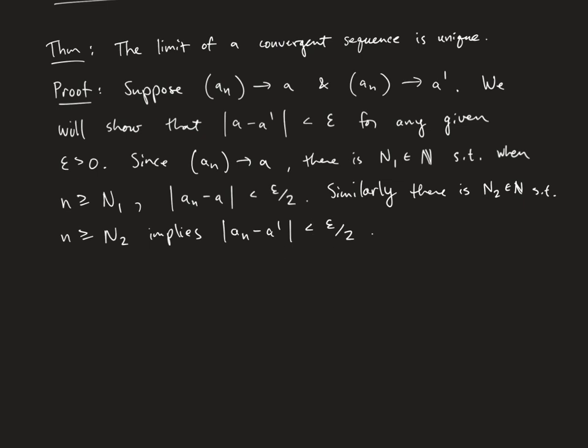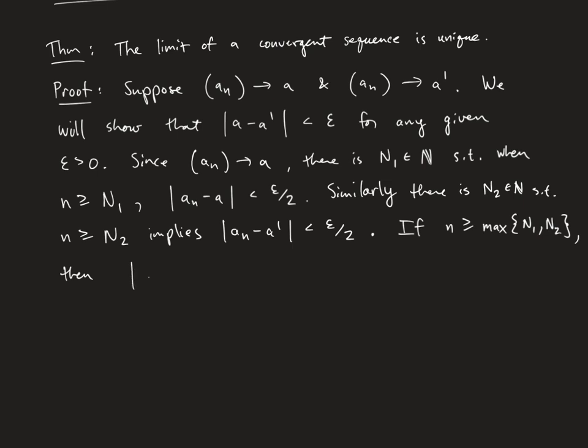Okay, so therefore, if n is bigger than or equal to, let's say, the maximum of both of those n1 and n2, right? We just need n to be bigger than whichever one of these is the biggest. And then, right, if n is bigger than or equal to n1 and n1 is bigger than or equal to n2, then n is automatically bigger than or equal to n2, right? So we'll be able to use both of these inequalities. Okay, so if n is bigger than or equal to the maximum of those two, then